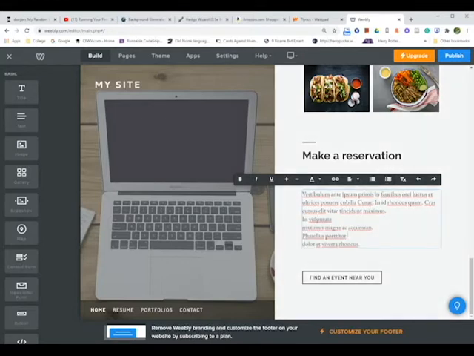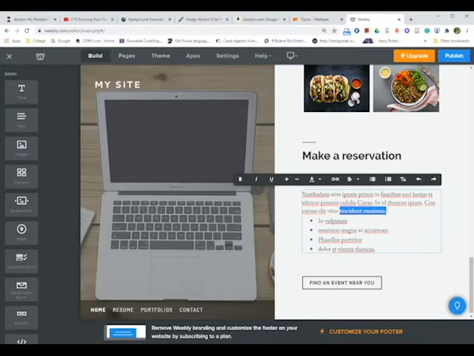Now another thing is this right here, bold. It bolds it. That doesn't do anything because you don't have anything highlighted for it to actually take effect on. So you would want to highlight this again if you don't want it to be bold anymore. Then we'll go ahead and highlight it again. We get italicized, and it slants it basically. Go ahead and highlight it again, unitalicized, and underline, and it underlines it, but you can't really tell very well